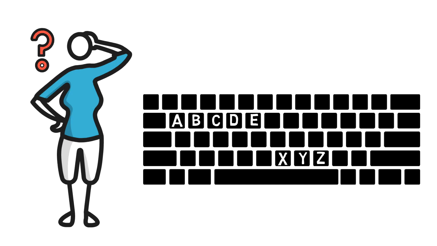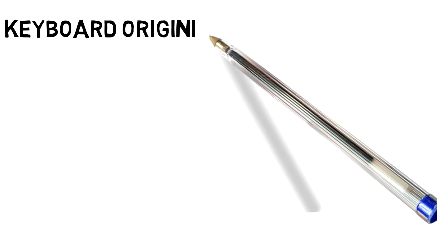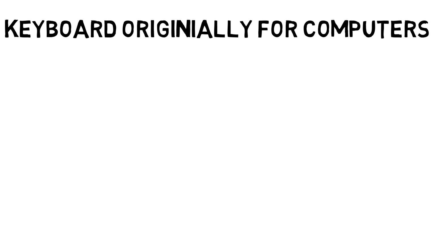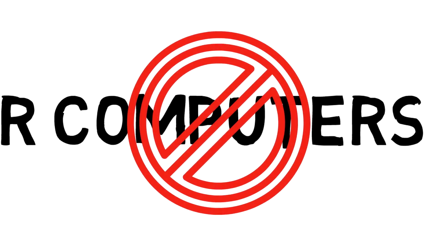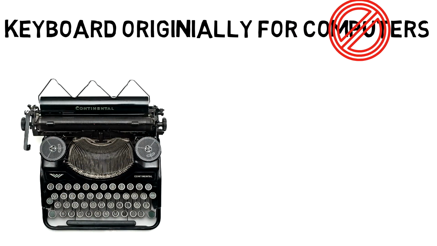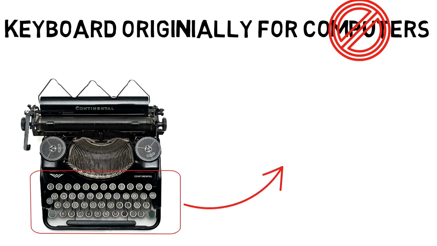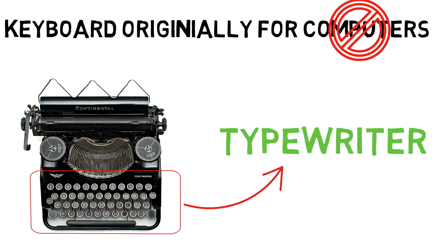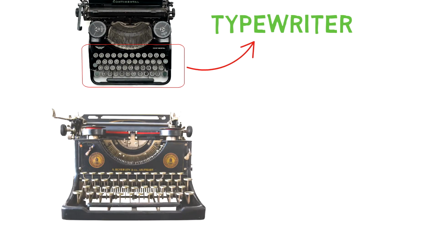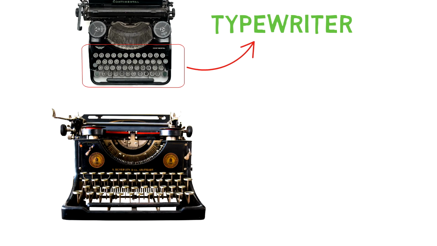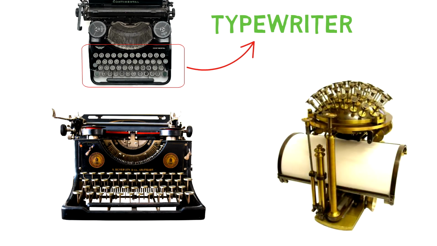To understand why we type on such a layout, we have to look into the origins of the keyboard, which were designed not for computers. Before computers, typewriters were the main source of inputting characters on paper, and the keyboard was originally designed for them. Typewriters at the time came in all shapes and sizes, from rectangular boxes that you've probably seen, to the early circular versions with all the keys at the top. The main focus of the typewriter was to increase typing speed and accuracy.